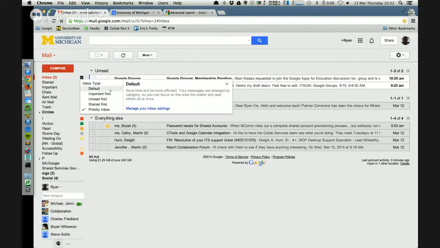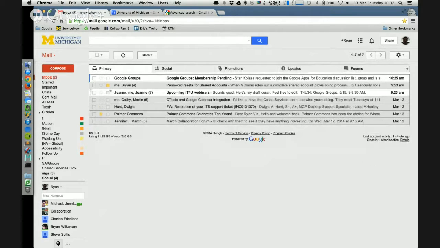Google has also introduced a new mode that is now the default mode for Google Mail accounts. You may have seen this on your personal account or on your Google account. This is that new tabbed interface that runs horizontally through your inbox. You have 5 sections: primary, social, promotions, updates, and forums. Unfortunately, you can't make your own tabs. They are only the canned ones that Google provides right now. We're hopeful that this will be something they'll expand on, but we have not heard anything about that.